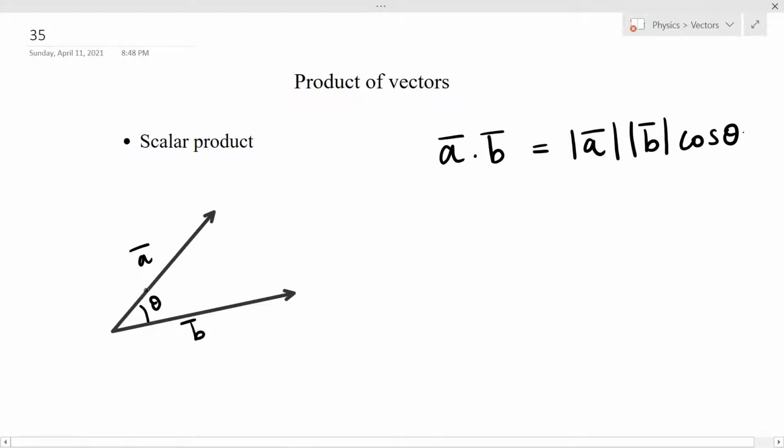Now there are two angles between the vectors a bar and b bar. One is this theta and another is this 360 degree minus theta. We always choose this angle, that is the smaller angle. Now this dot is analog of multiplication, that is, suppose we have two numbers 3 and 4, then we denote its multiplication as dot. So 3 dot 4 is equal to 12. So this dot is analog of this multiplication. So hence it is also known as a dot product.